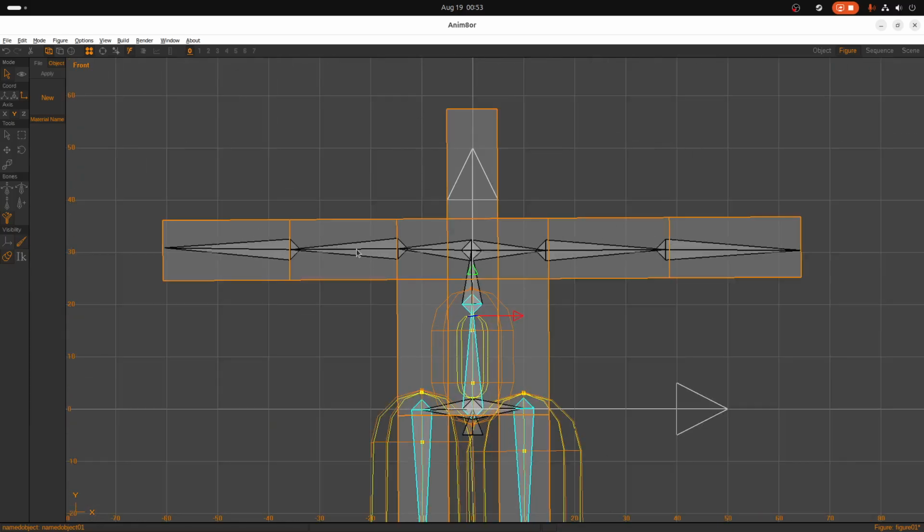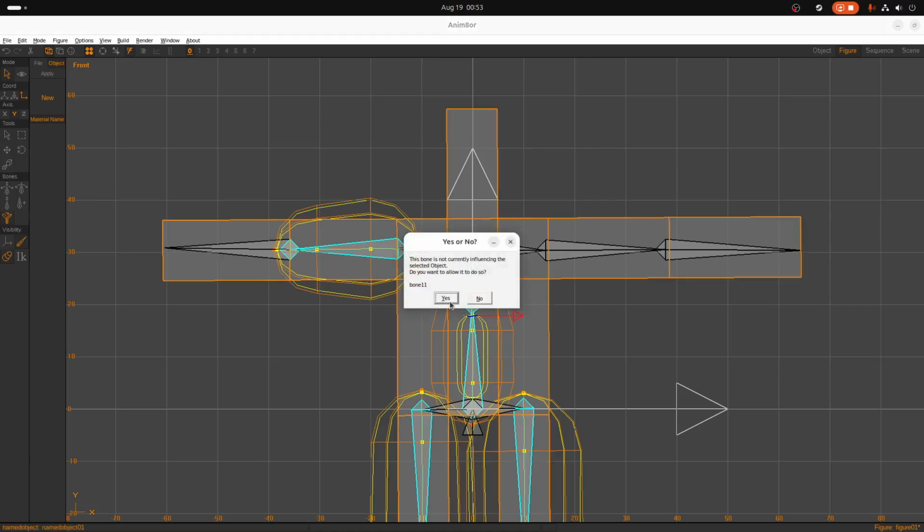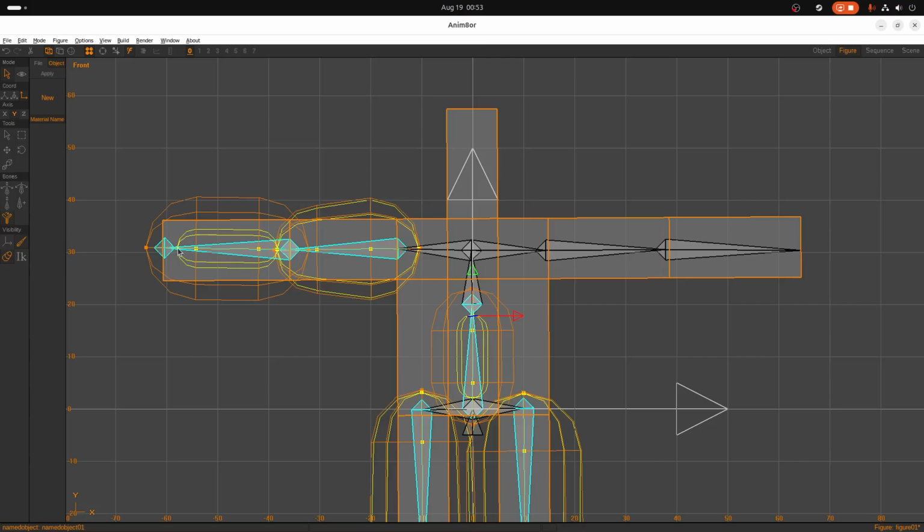Alright, now the arms. That's already pretty decent, I guess, for arms. Just drag the yellow part out. And Anim8or has a more accurate way of doing this called weights, but